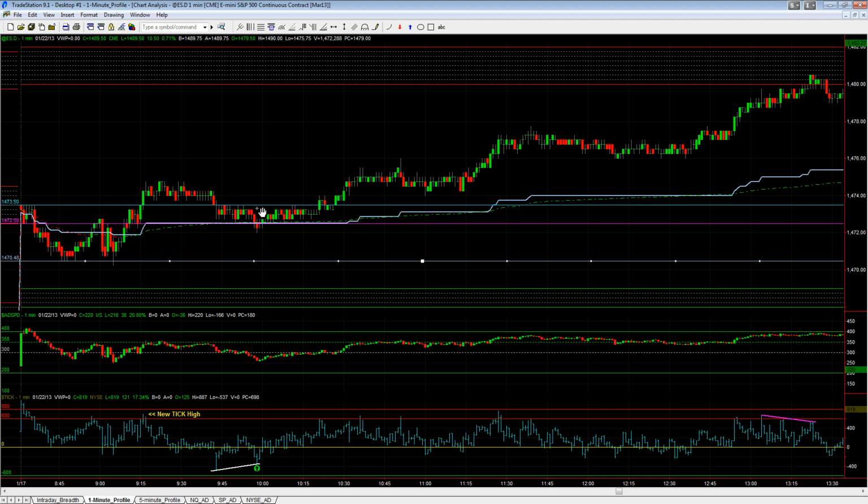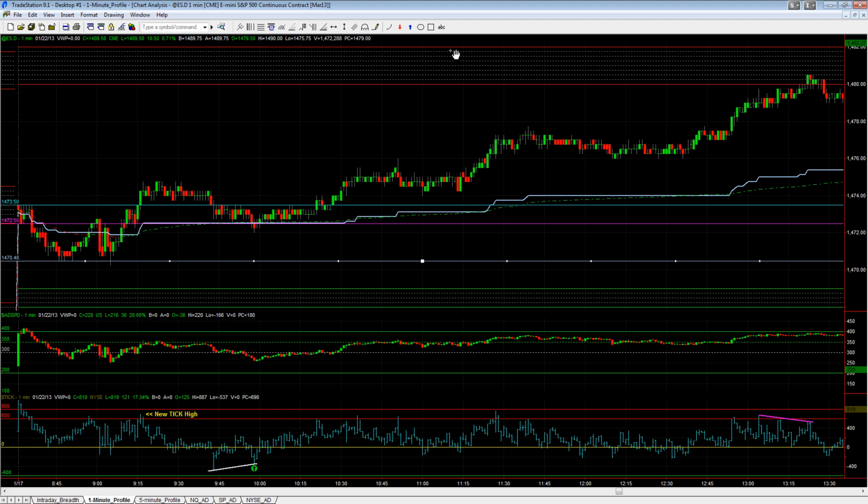And in this case, this pullback to the opening range low, to the day session midpoint, VWAP, on a positive tick divergence gives us that long setup anywhere around this area. It gives us that long setup targeting 80.82, and even in the event that this setup doesn't work, the risk reward is very good, right? You're risking 1.5 to 2 points, and on the upside, you're looking to make anywhere between 7 to 9 points, right? You're targeting 80 to 82.